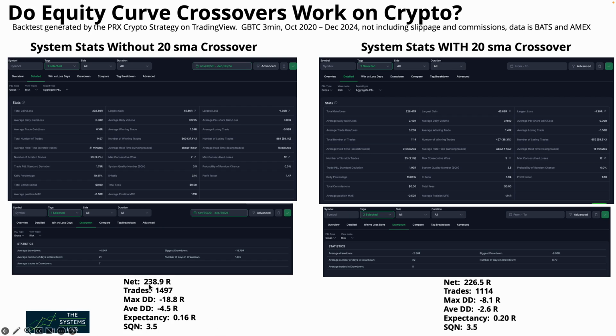We have a net of 238.9 R. If you're not familiar with the concept R, that's a unit of risk as defined by Dr. Van Tharp. So for example, if you risked $1,000 on every trade with this system, at the end of this test period, you would have earned $238,900. The system took 1,497 trades with a maximum drawdown of minus 18.8 R, an average drawdown of minus 4.5 R,